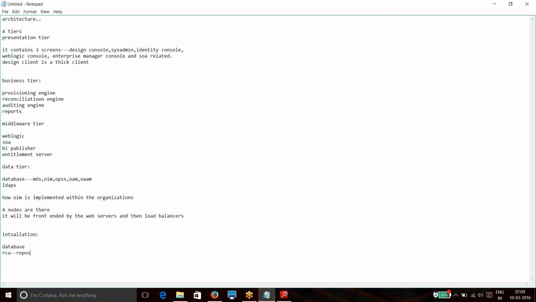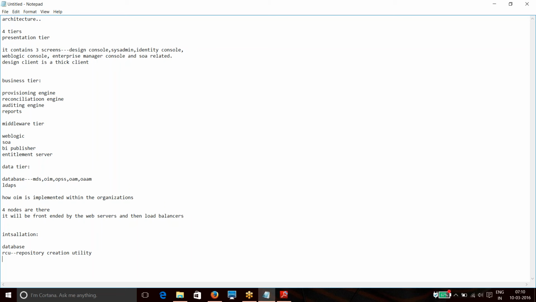Is this RCU already there in the installation itself, or is it a separate application that we need to have? It's a separate setup. We need to download the RCU binaries, and then we need to create schemas.